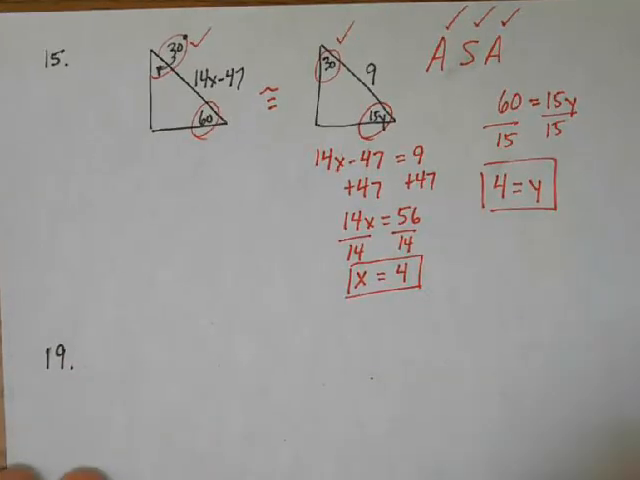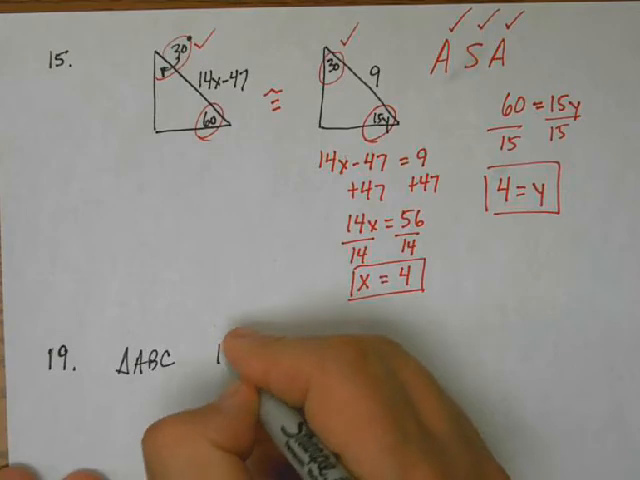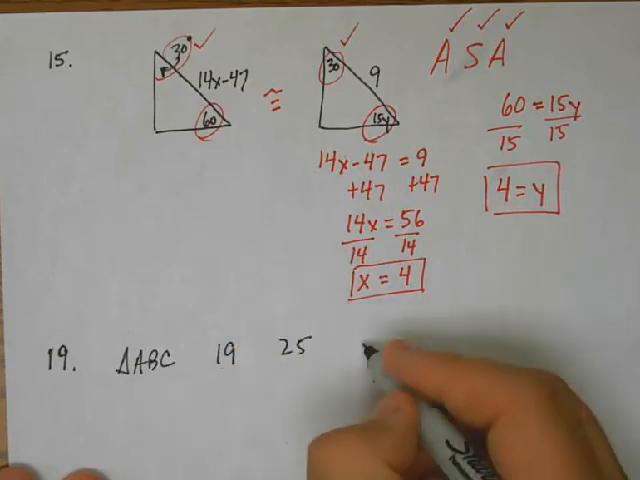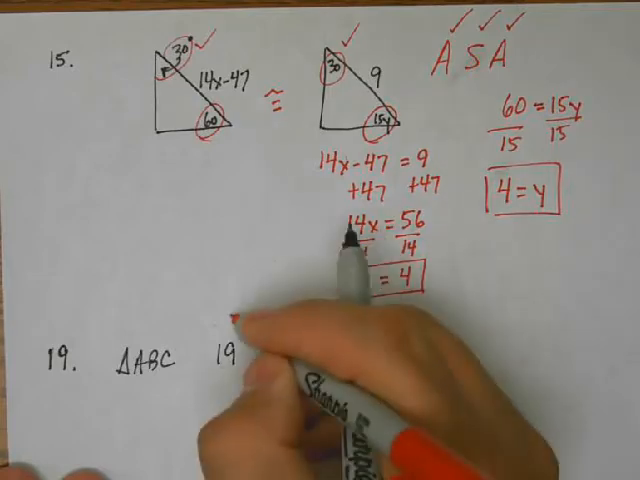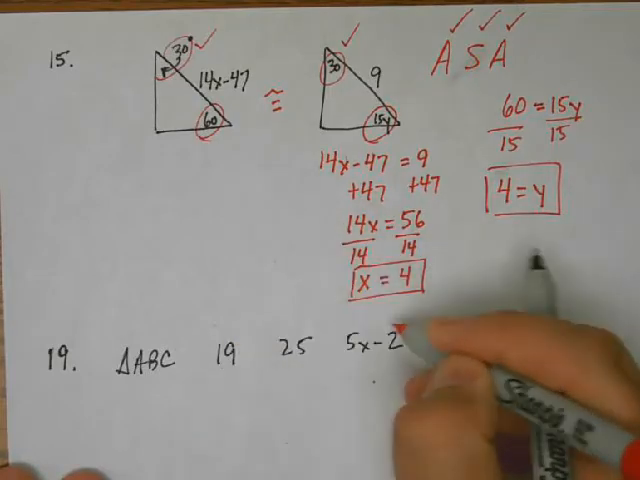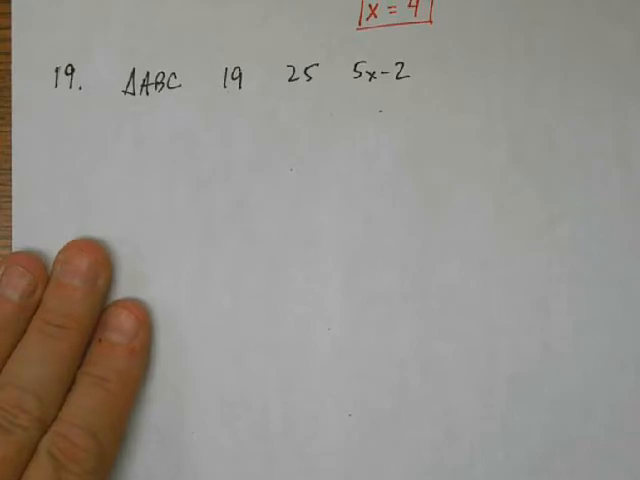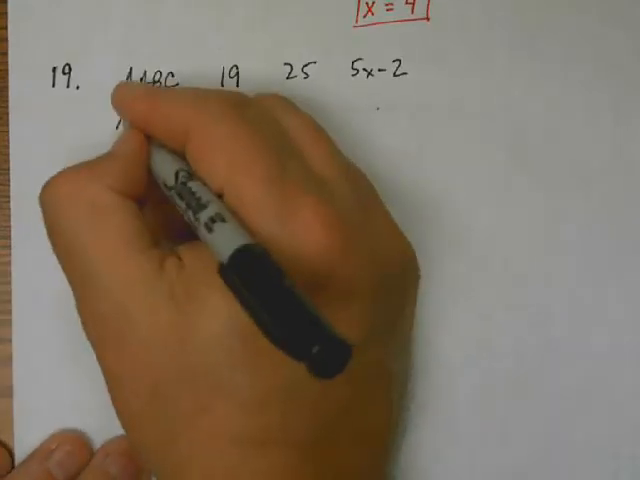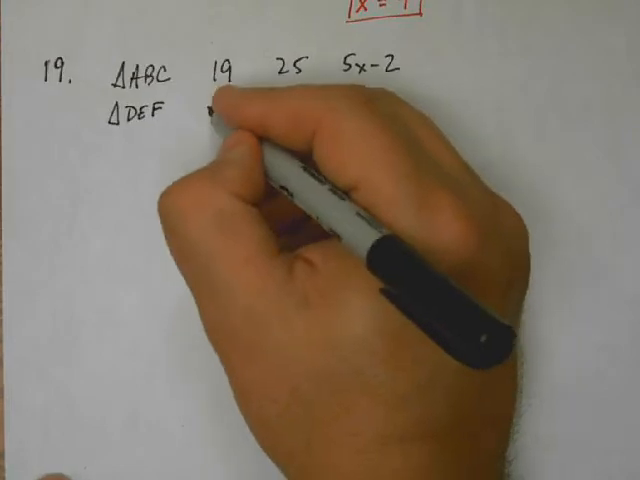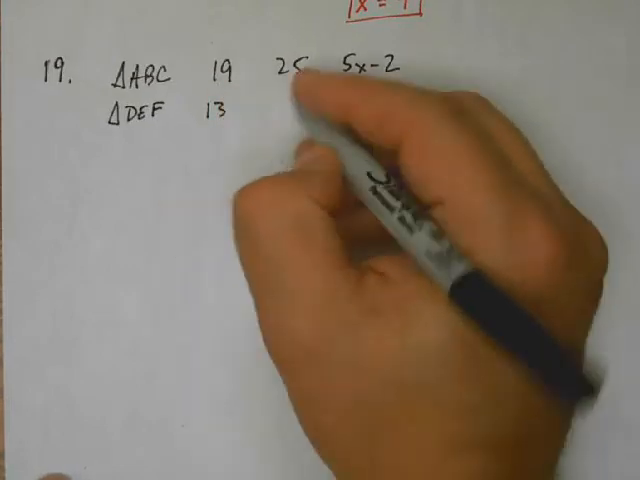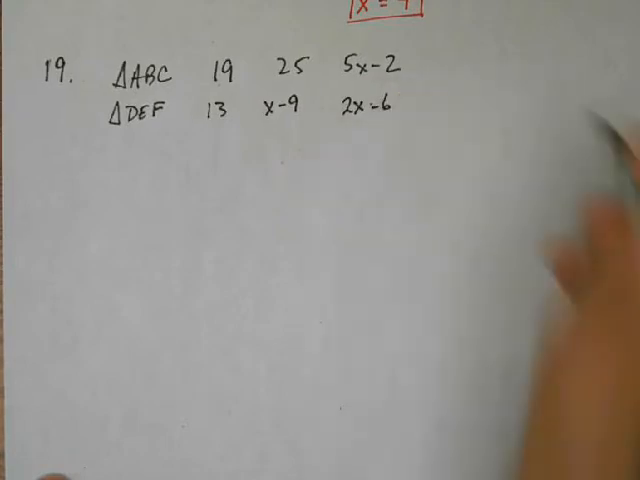Triangle ABC, sides of length 19, 25, and 5x minus 2. Okay, hang on. So we've got three lengths, 19, 25, and 5x minus 2 for number 19. Let me move this to the top of the screen so you guys can all see it. Okay. And then I think it's DEF, right, Elise? All right, and what are the three sides? Sides of length 13, x minus 9, and 2x minus 6. 2x minus 6. Okay, so,